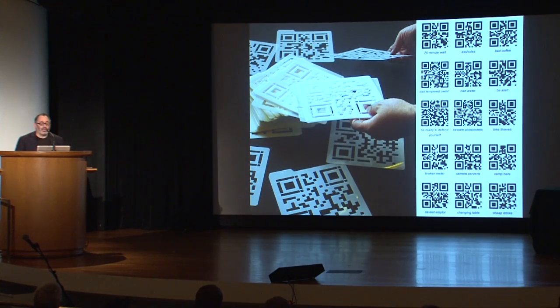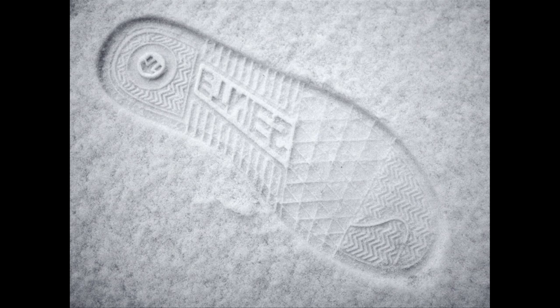The software has been released with a set of 100 free QR Hobo Codes, which are a set of urban markup tools for digital nomads. They have messages like buyer beware, free Wi-Fi, no changing table. And again, they allow for a kind of situated information visualization driven by civic concerns and conscience. So, a different kind of graffiti.